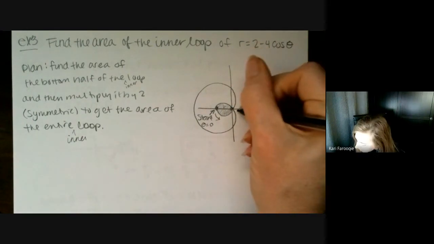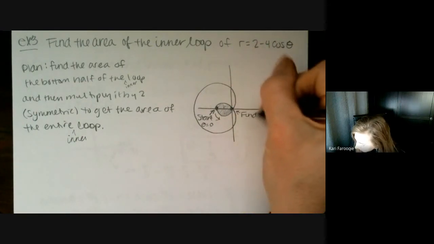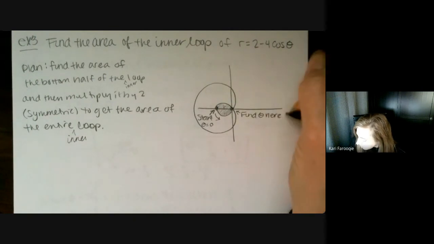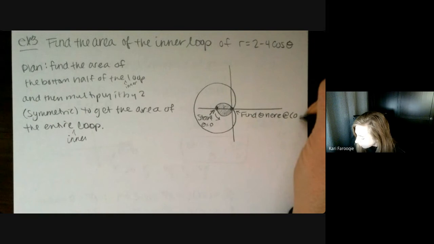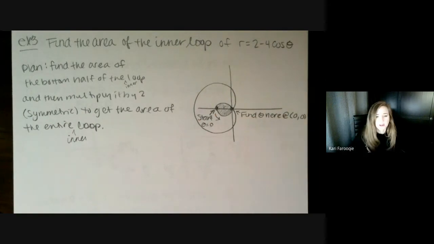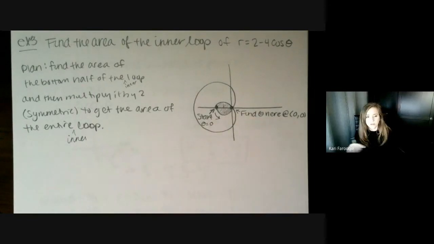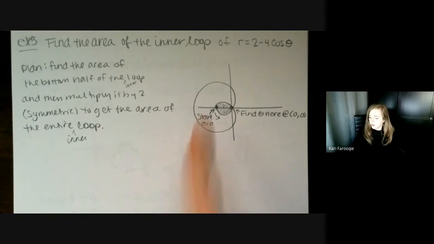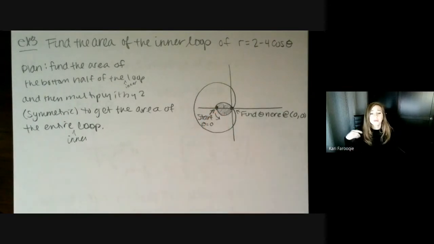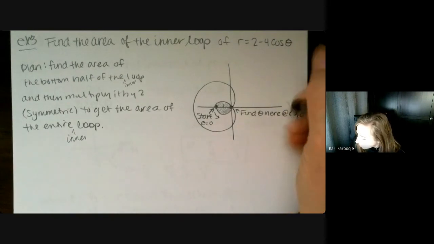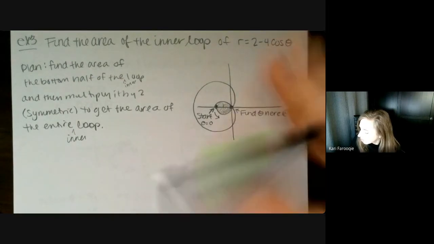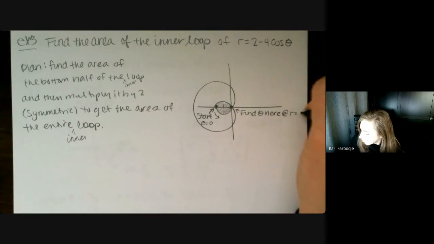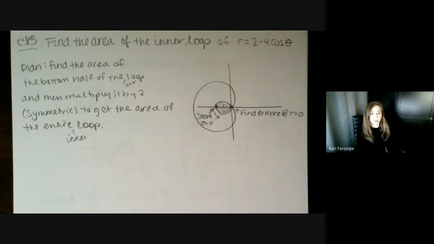So we are going to find theta right here at 0, 0, which seems silly to you because you're like, wait a second, 0, 0. If the radius is 0, technically this point is 0, 0. So theta must be 0, but at theta equals 0, r is actually -2. I know. So maybe in order to make this really clear, we shouldn't include this as a coordinate point. We should write it as r equals 0. Okay, so we're going to find theta when r equals 0.